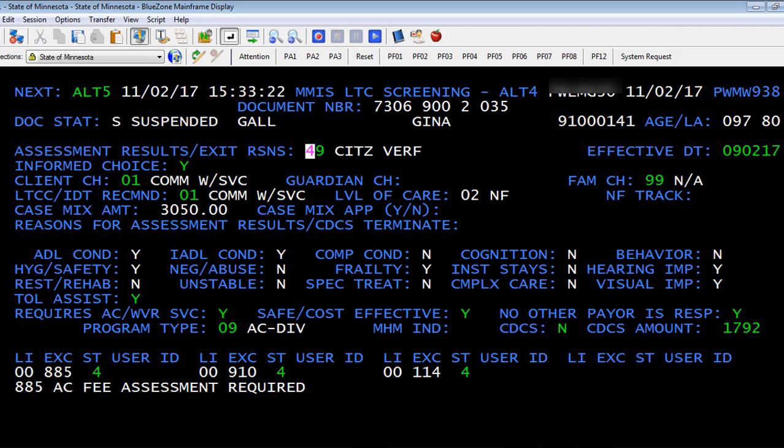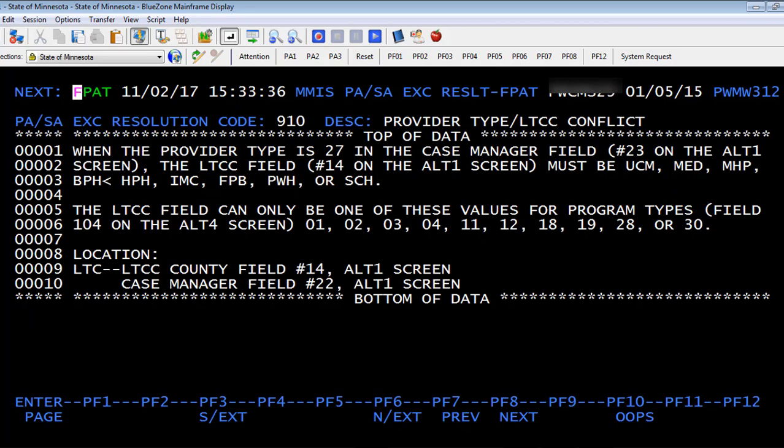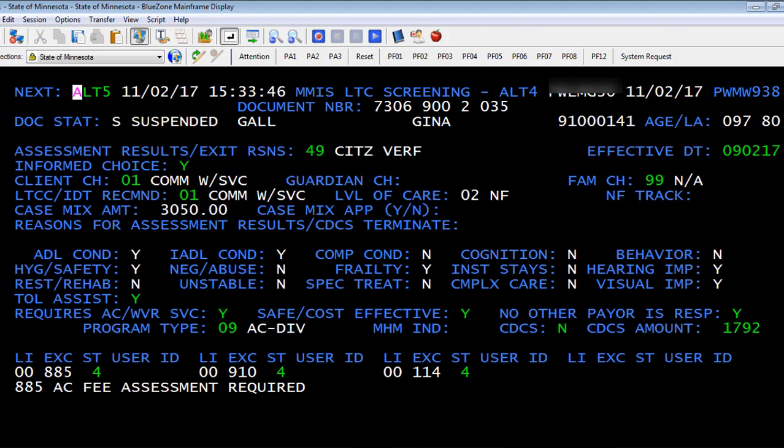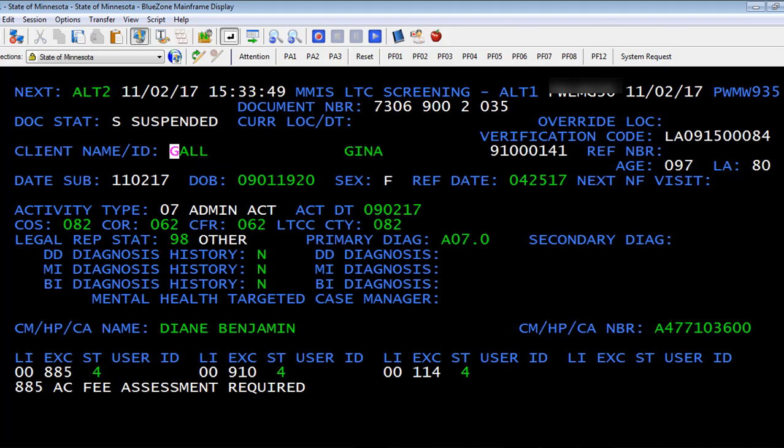Some edits check for other problems with valid values. Edit 910 and 114 are posting against the Case Manager, Care Coordinator, Certified Assessor Provider field located on the Alt-1 screen. I type in Alt-1 in the next field at the top left-hand corner of the page, press Control, and go to that screen. If I bring the cursor over to the Case Manager Provider number and press the F4